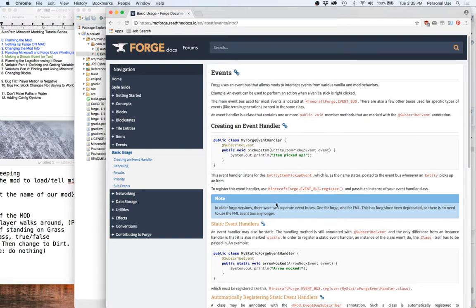I love you, Forge, but your documentation is kind of effective if you already know what you're doing. Ineffective if you have no idea what you're doing. So, we are looking for